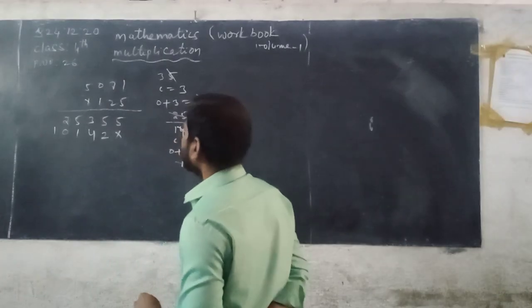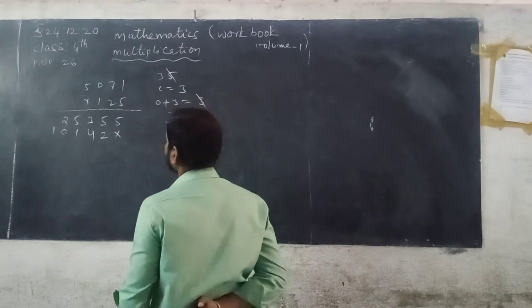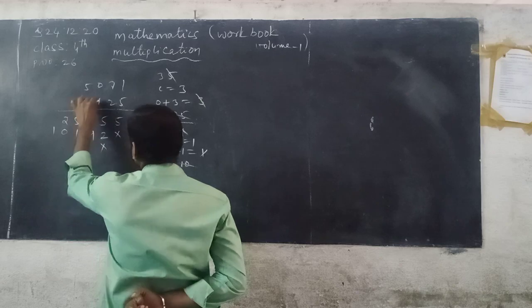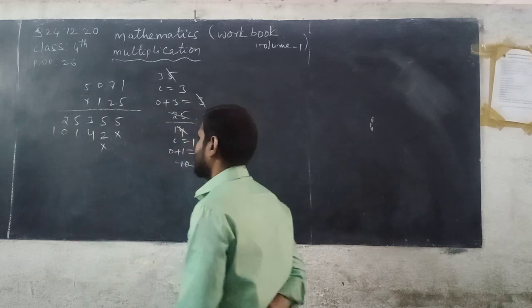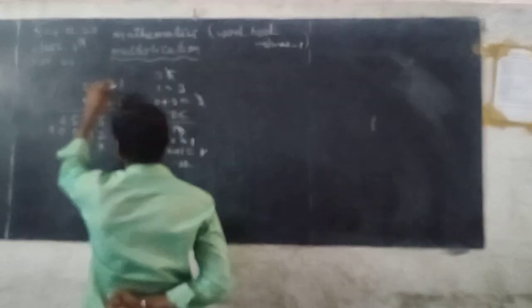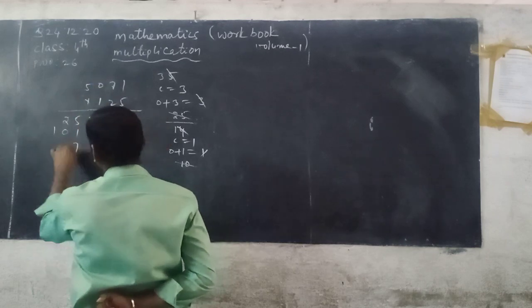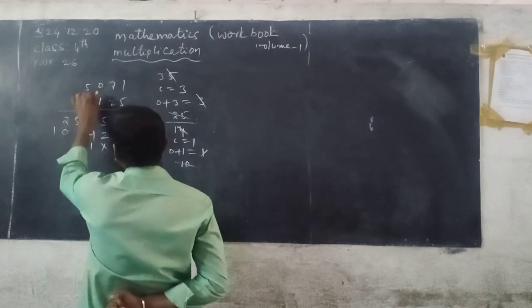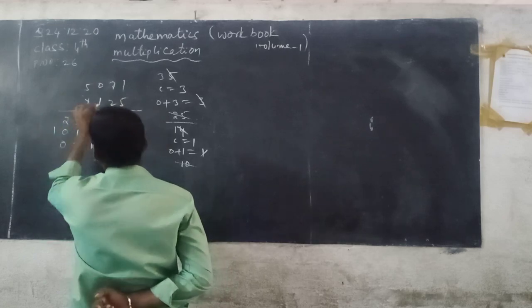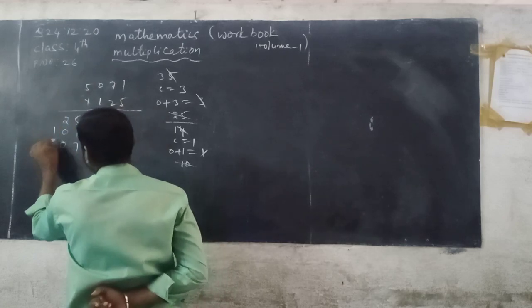Now next we multiply the digit 1 with 1. Then you cut the tens place, because 1 is in the hundreds place. You start from the hundreds place. See here, 1 one is 1, write down below 4. 1 seven is 7, write down below 1. 1 zero is 0, write down below 0. 1 five is 5, write down below 1.